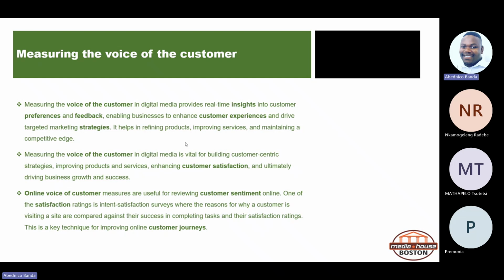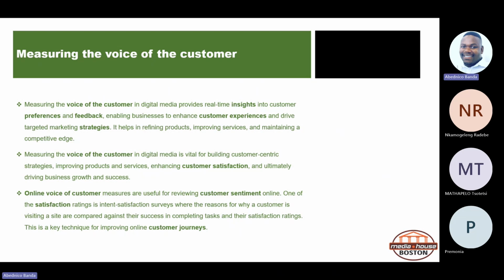Brands also do that. They send surveys, even though you guys don't want to complete surveys. After buying a product, they can even encourage you to leave some reviews. Sometimes they can even incentivize you to leave that honest review. They'll be like, complete this review, you are going to earn 10,000, you are going to get into a competition and stuff, because they are so desperate to hear your feedback about that product that you've just ordered, so that it can also help other customers to know the experiences that you have with this product. So that's one of the ways that you measure the voice of the customer.